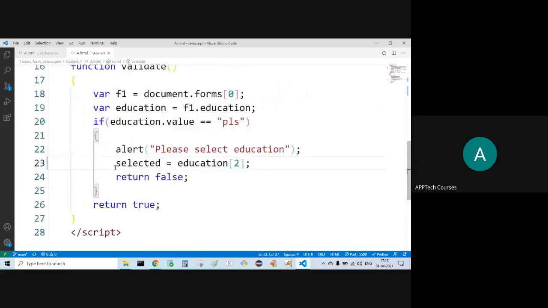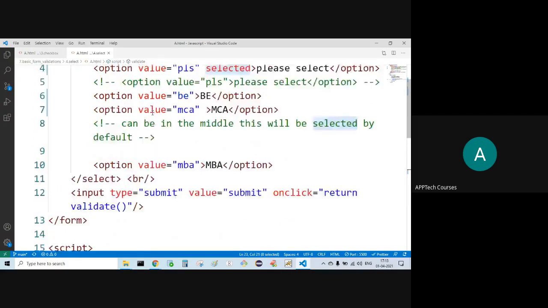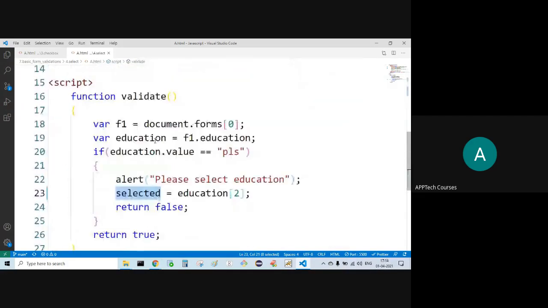Actually, we cannot use selected here. Yeah, selected is different. Selected is something that is related to HTML. It is not related to JavaScript.